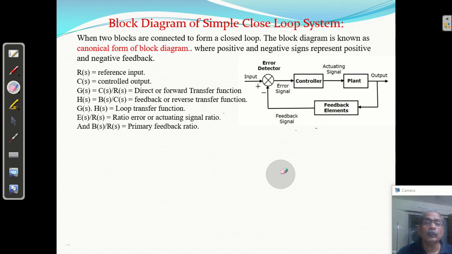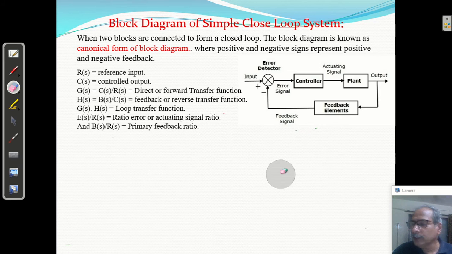So first of all, you have to understand the many components in a car. Gearbox is there, engine is there, carburetor is there, acceleration system is there. They will have their own blocks. The blocks may be in feedback form, closed loop form, or cascade form. So we have to go for block diagram reduction techniques to find the transfer function of the system, the transfer function of a car. Once you get the transfer function of a car, you can analyze whether it will run or not, whether it is stable or not.